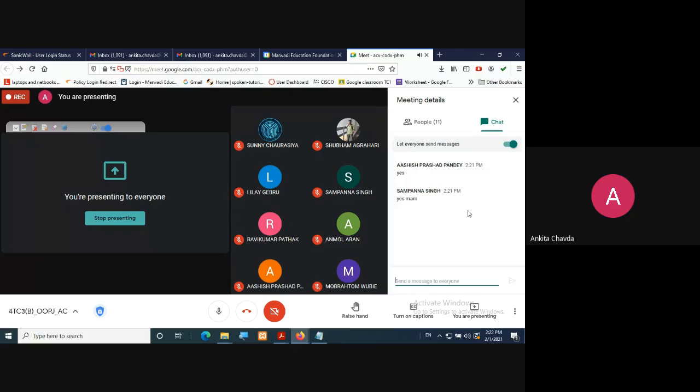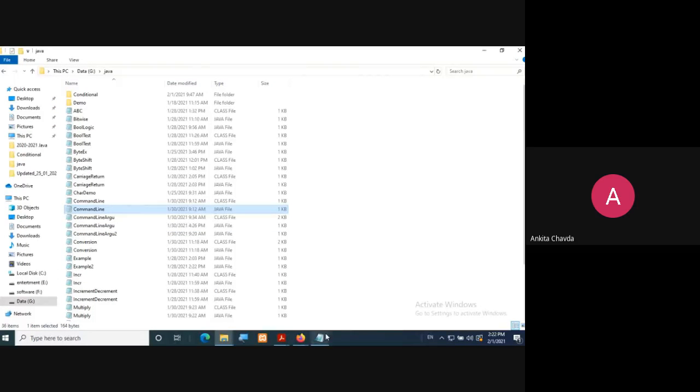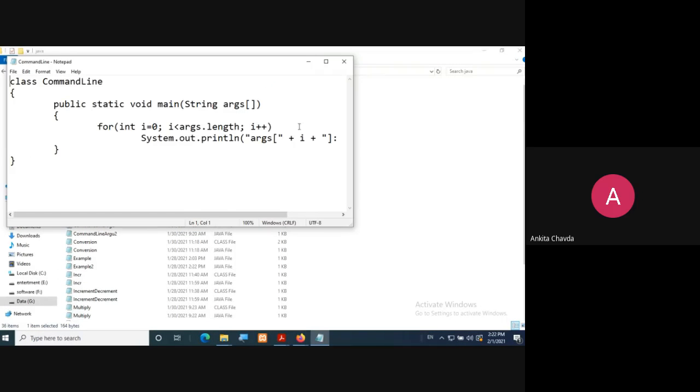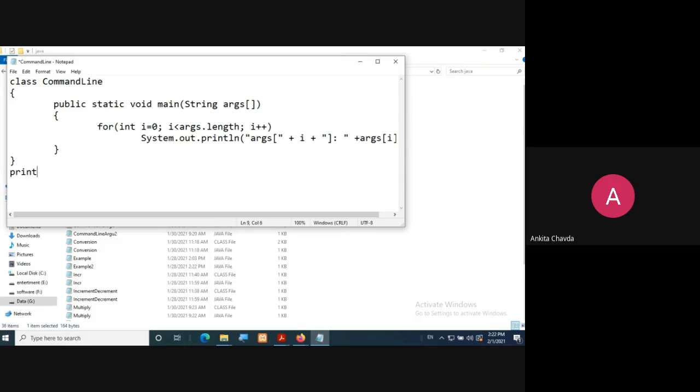The very first program is where you take input from the user, because in C language you have done the same thing. If I recall that topic, you used to write printf, enter the value for A and B, and with the use of scanf you used to take input.